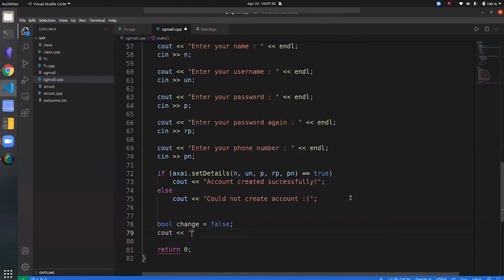So now let us try to simulate that change password functionality. As soon as the account is created successfully, we'll ask them this question: if they want to change their password or not.